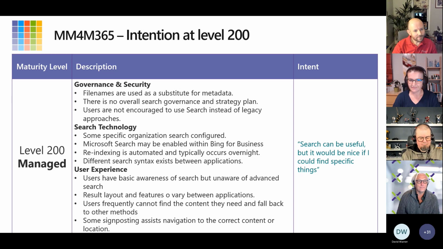But on level 2, I can see those stories with permissions, with metadata, with how the content is structured and everything. So yes, this is the level when people start to realize that something should be done, but also this is when they start saying search sucks and they start blaming search for everything.